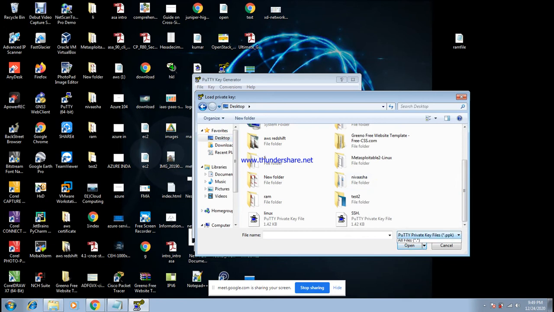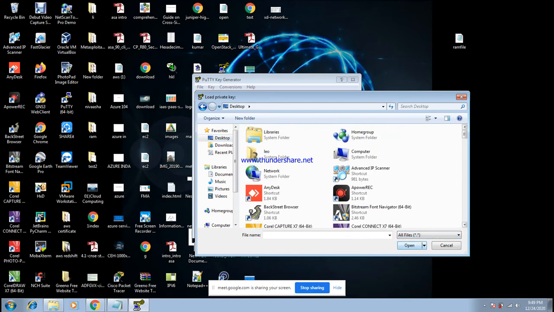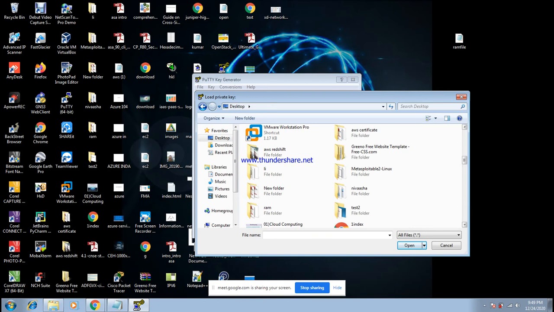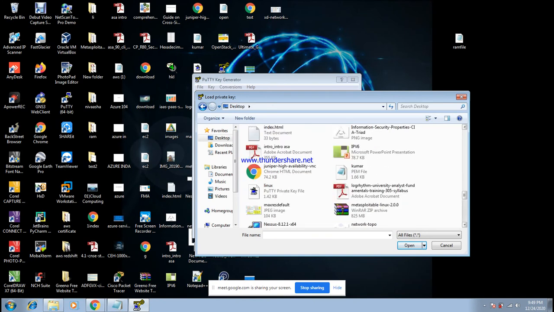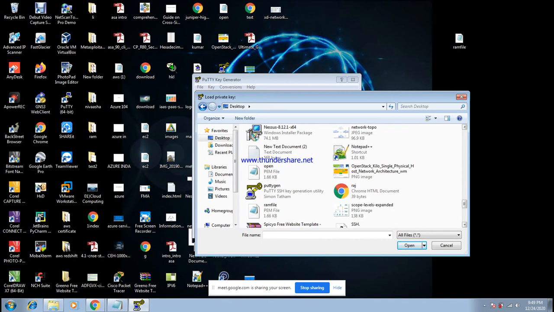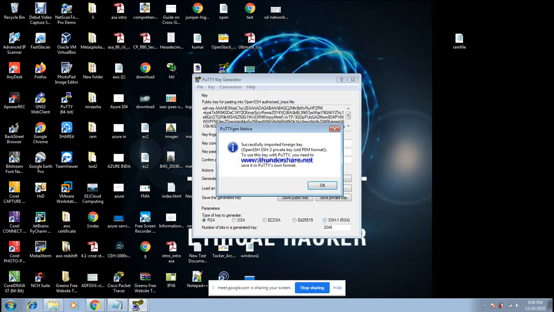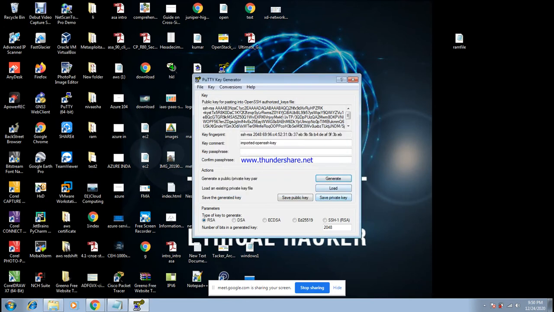I select all files. See, madam, the PEM key is there, then I open the key, click OK, then save private key.